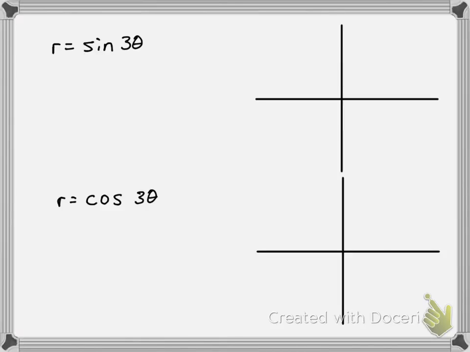All right, so if we have 3 pi here, that means we're going to be going by increments of pi over 2 divided by 3, which is pi over 6. So what we're going to need to do then is draw pi over 6, pi over 3, extend those lines,